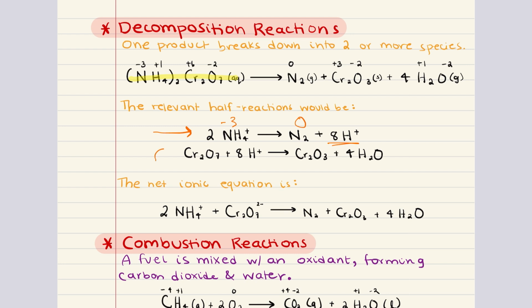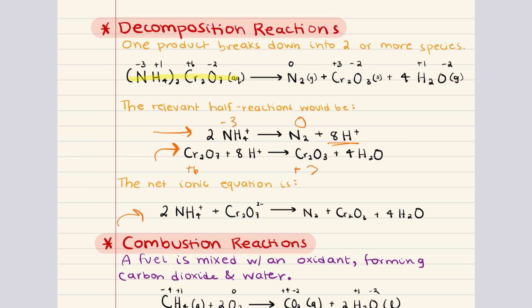Here you see the reduction half reaction. So in this half reaction, the dichromate ion gains electrons, indicating reduction. The chromium atoms in the dichromate ion have an oxidation state of +6, which changes to +3 in chromium 3 oxide. Now we can go ahead and combine the two half reactions, and we're going to get the following overall balanced